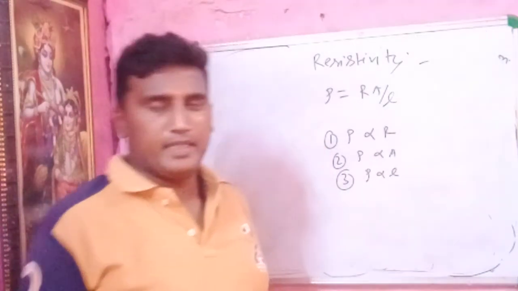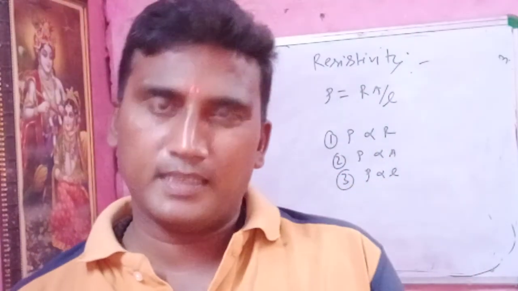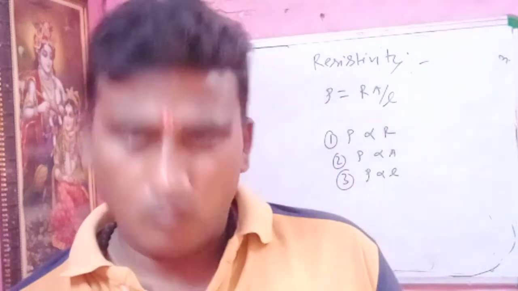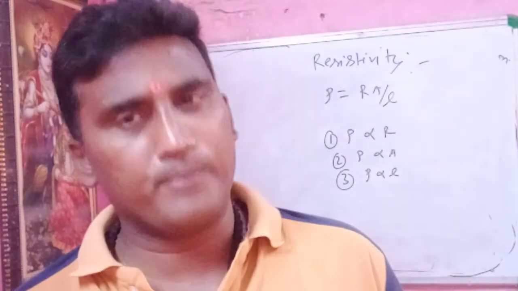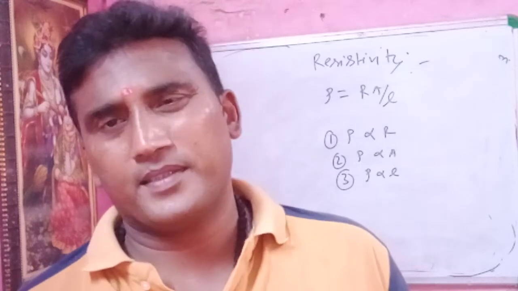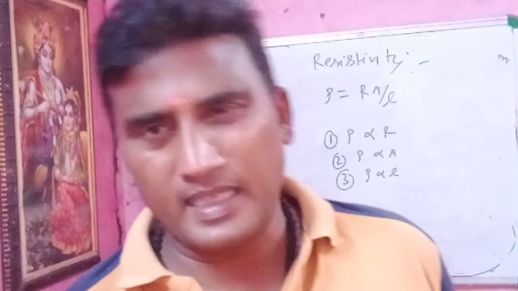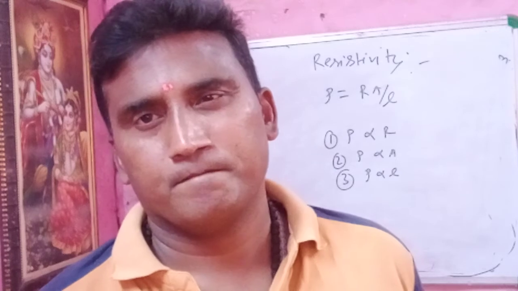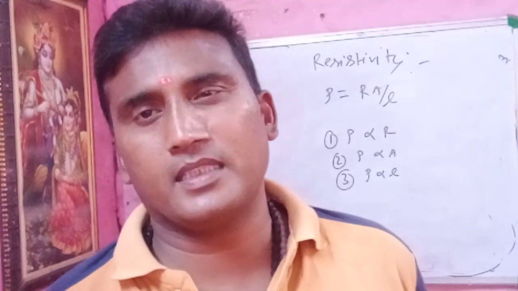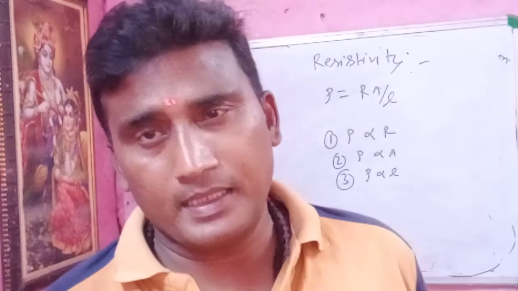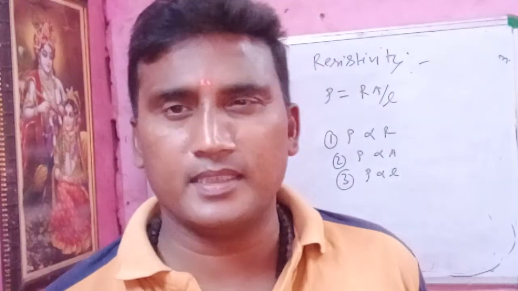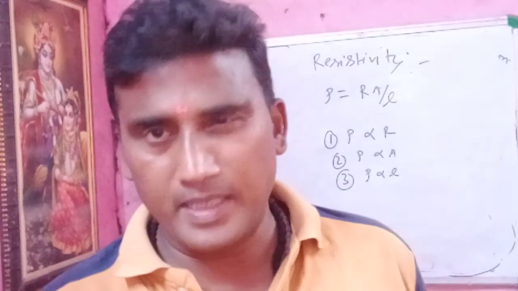The resistivity of a material increases when the temperature is increased; the resistivity of metals increases. That is generally asked in both questions. Why does the resistivity of a metal increase when the temperature is increased? We know that when the temperature of any metallic device, like a metallic plate, is increased, it behaves as a conductor. In the case of a conductor, when the temperature increases, the resistivity increases. But in the case of a semiconductor, when the temperature is increased, the resistivity decreases. What is the main reason?